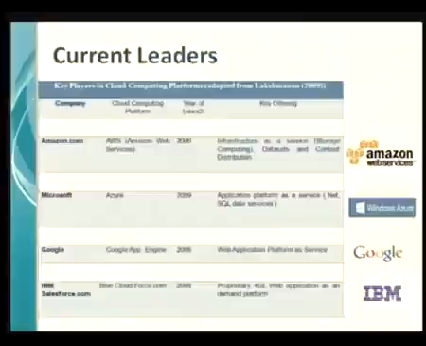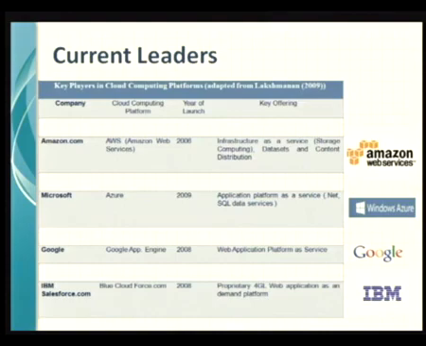Then we can see the current leaders. Here, as I told you, Amazon is the biggest service provider in this cloud platform. One is Amazon.com. You can visit and you can see the product. I had taken one screenshot for you. Okay, I will show you. Towards the end of the session, I will discuss the components that they have on the website under the cloud service options.